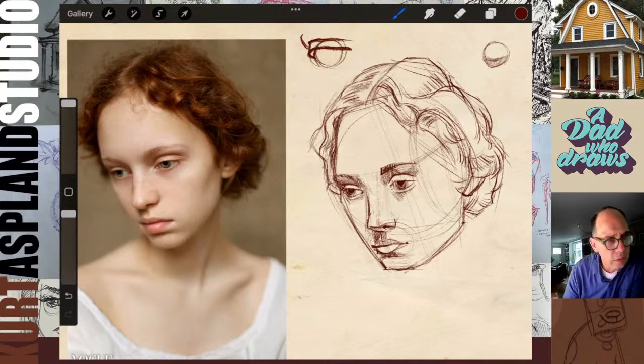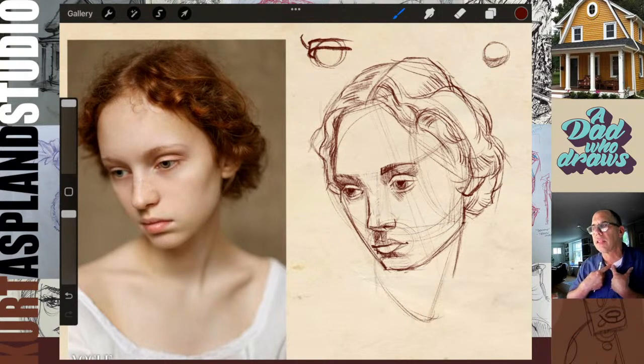Okay, let's try and get these last couple bits in here, okay? All right, so her neck is coming straight down. And then right down here, this is important. You want to get this tendon that's going from her ear down to the pit of her neck. And then the neck kind of comes down right into the pit of the neck. You see that?